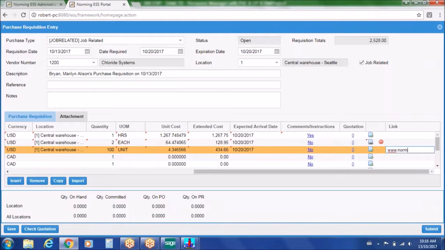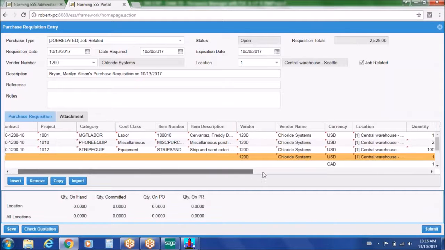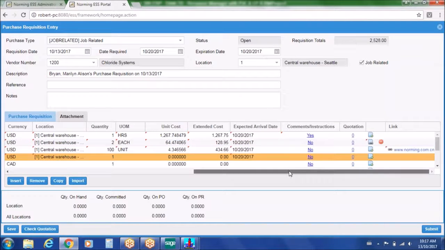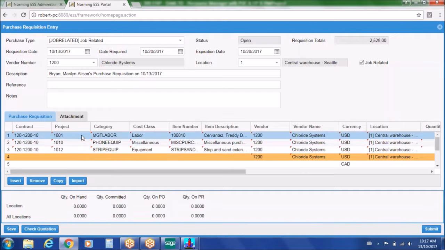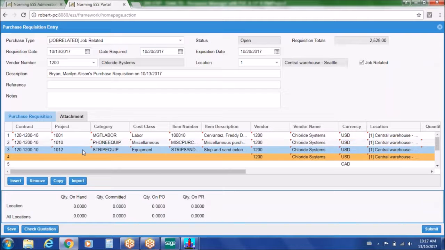So let's just say it was norming.com.cn. And then I would have that link embedded on the detail line. So when the approver's coming through to do the approval, he can verify something about that particular fixed asset that we're buying. So we can raise a requisition for internal labor, for expensible service items, for capital equipment, and then,